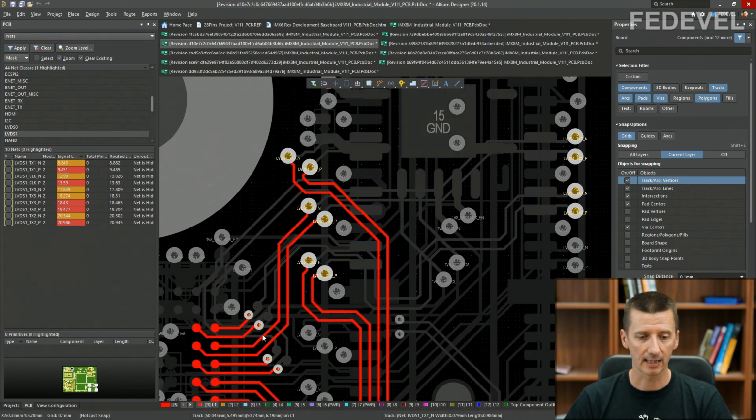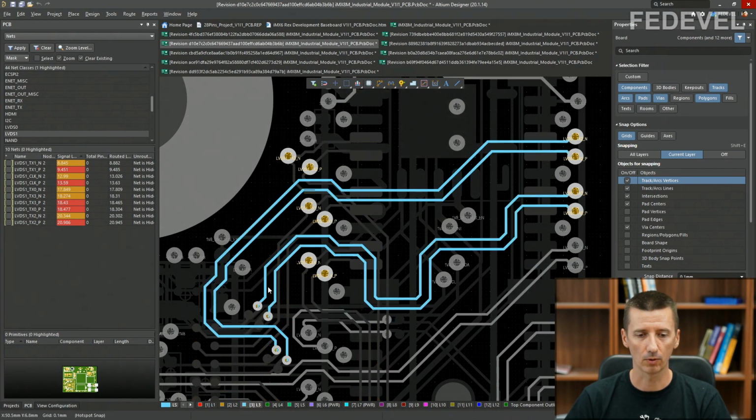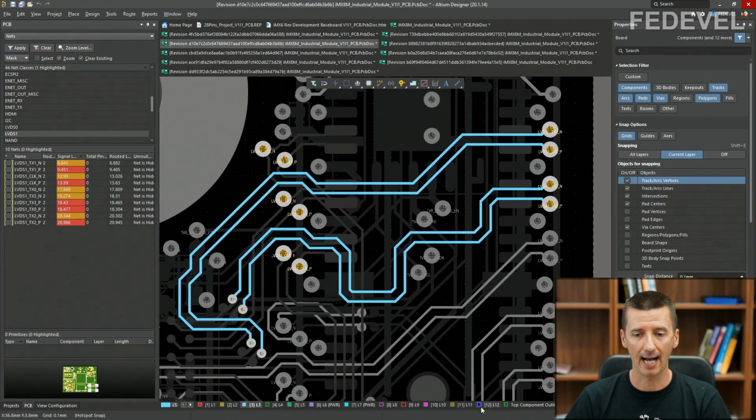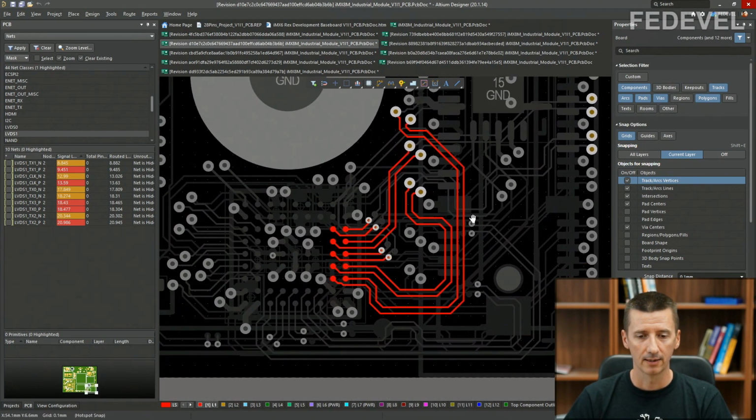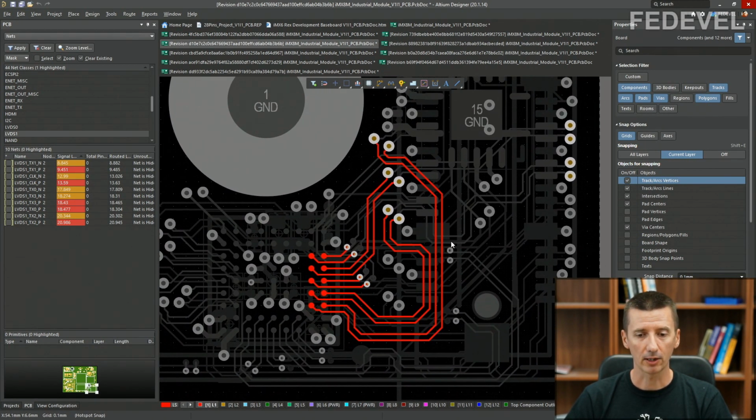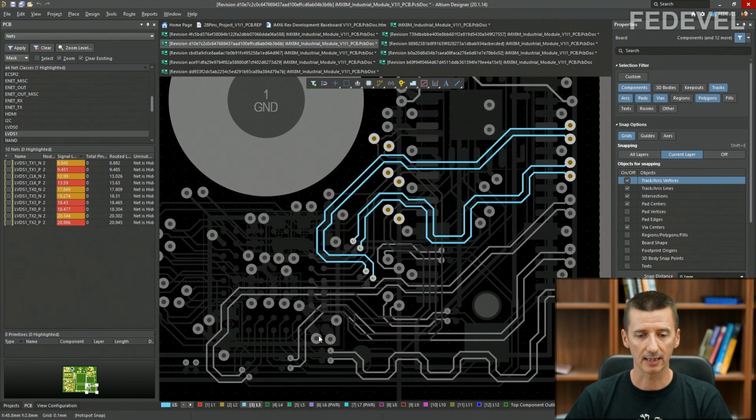And some of the signals from the same interface are routed on the top layer, then they continue on layer 3, and after this they are connected on the bottom layer to the board-to-board connector. So some of the signals are routed only on top and bottom layer, and some of the signals are routed on top, layer 3 and bottom layer from the same interface.